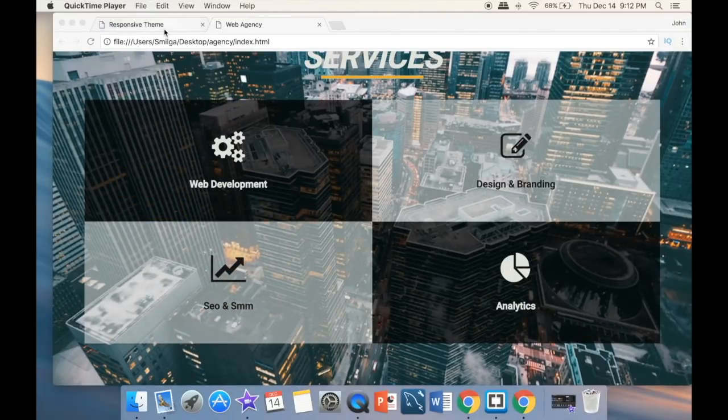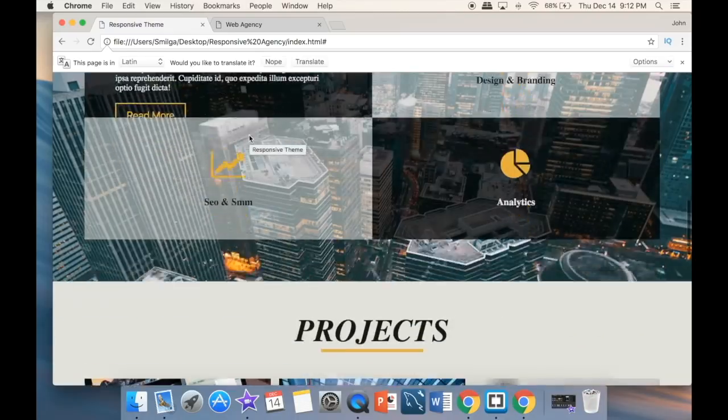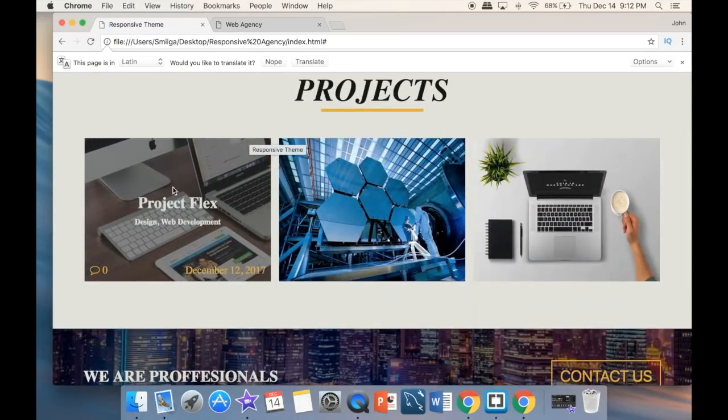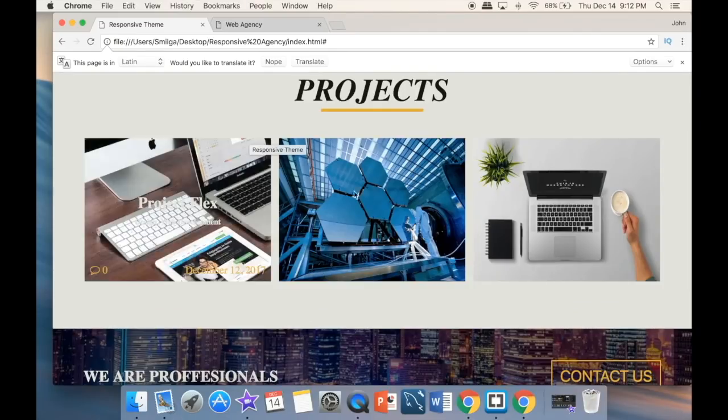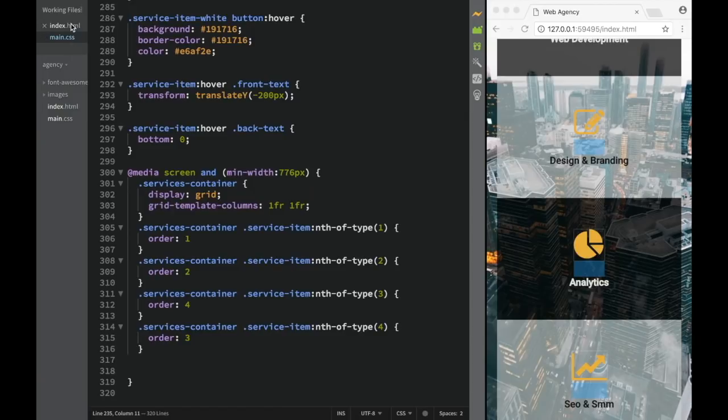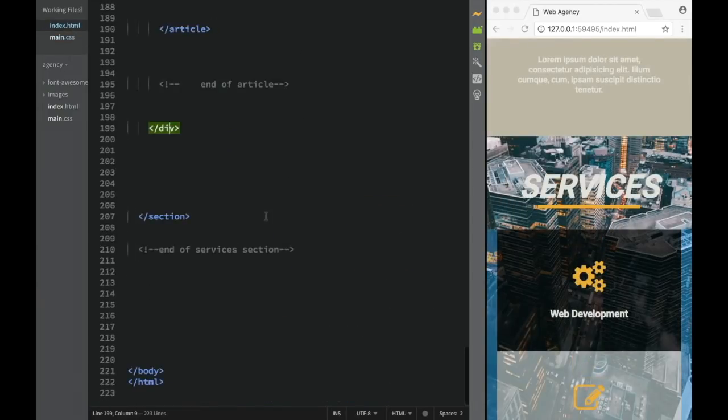to the next section. And the next section we're going to be creating over here is going to be the project section. So here we're going to look at the zoom in effect, and how to have this text appear only once we're hovering. So again, we'll go back to index.html. We're going to go all the way to the bottom, and we're going to say this is going to be the projects section